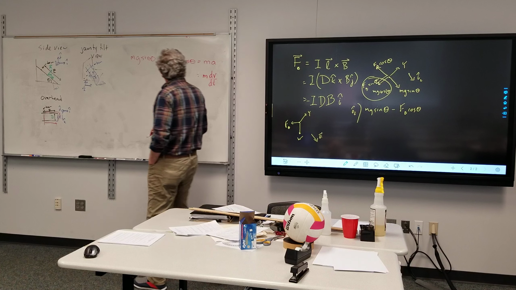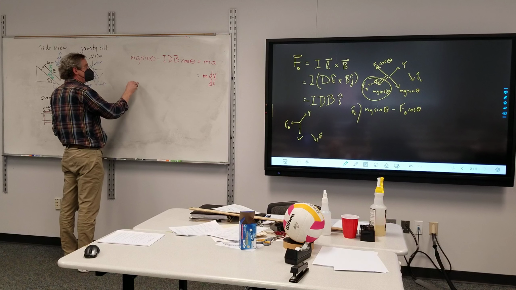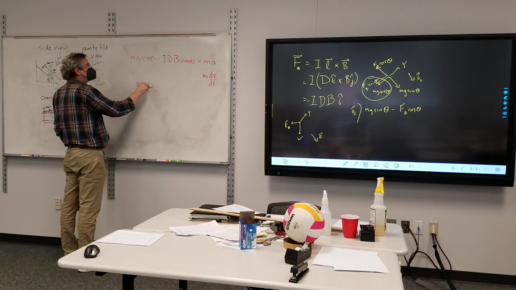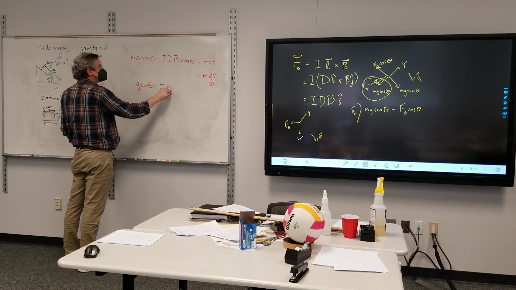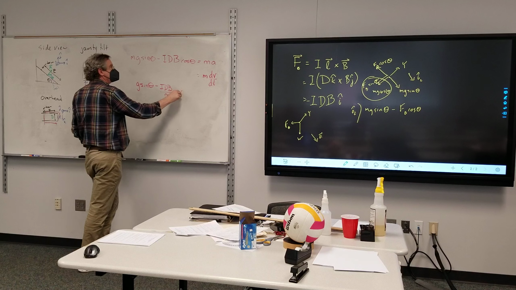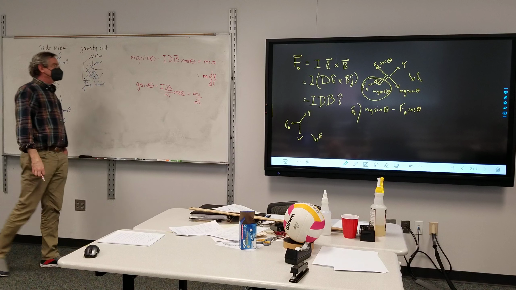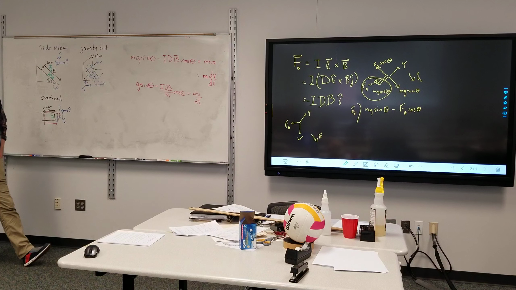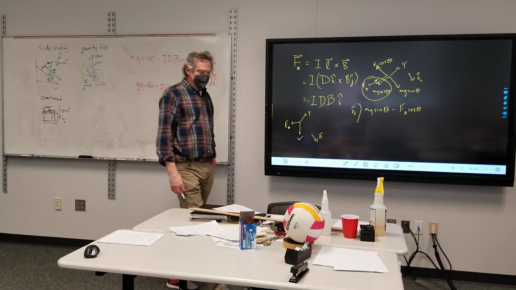And do our m's cancel out, by the way? If I divide by m, I get g sine theta minus IdV divided by m, cosine theta, is equal to dv/dt. The trouble is,